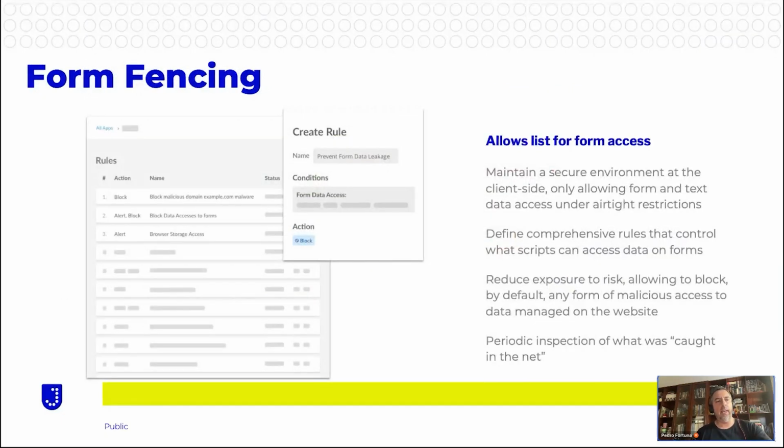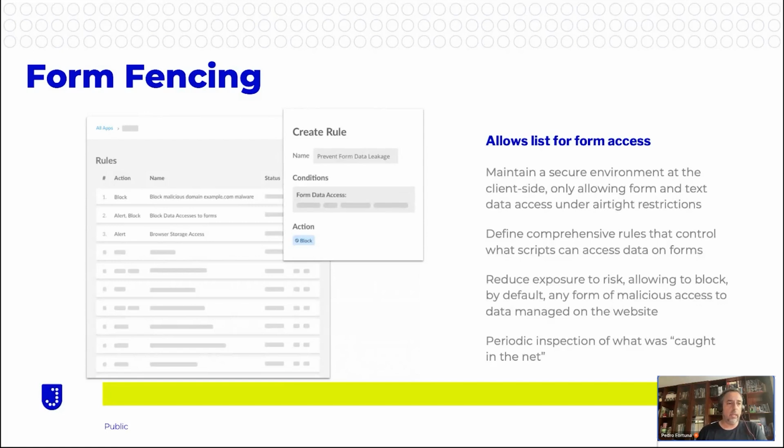Another feature and functionality that is extremely effective in mitigating e-skimming is called form fencing. It consists of specifying which scripts need to process a form. Typically, this is just one script, well-known, that hardly changes, that is used to do the client-side form validation before the data is submitted to the server. And by limiting that form access to that script only, we automatically and forcefully exclude all other files from accessing